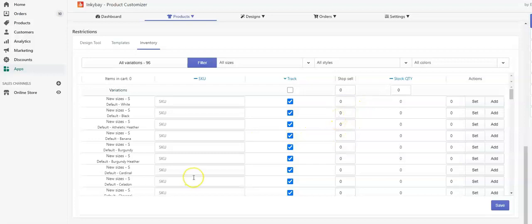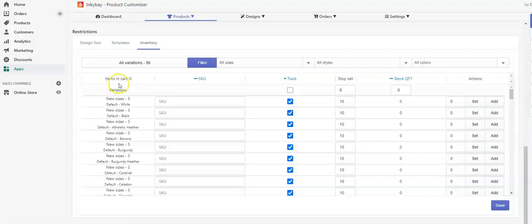And if you want to set a particular number for all the variants, then click on the top of the bar and insert a number. Here I am inserting 10 and clicking outside the box. As you can see, a button pops up, set all. Click on this button and it has been selected for all the variants.